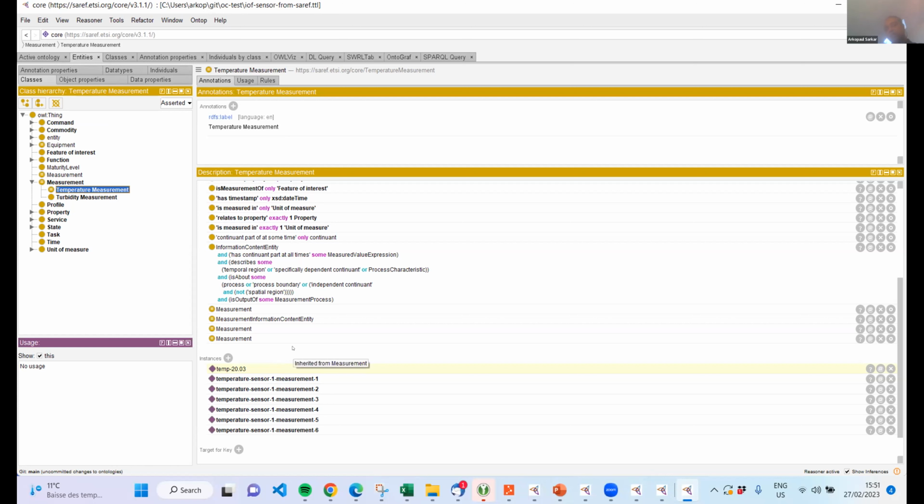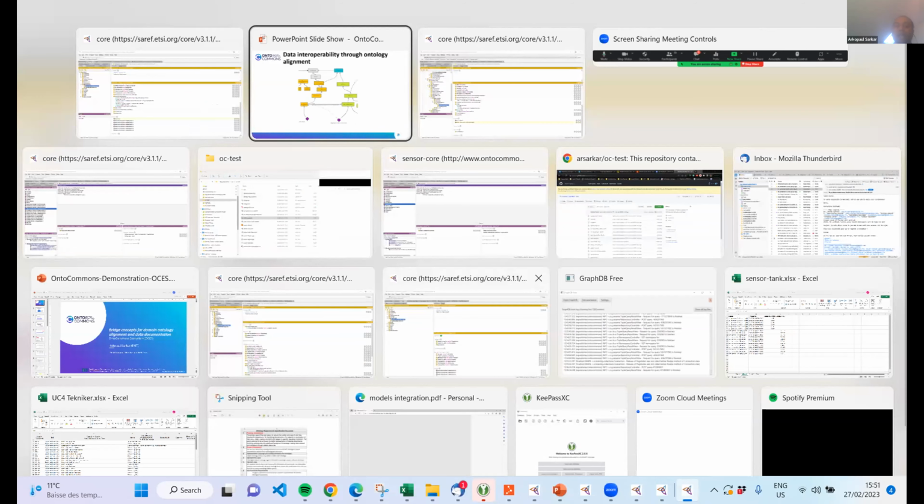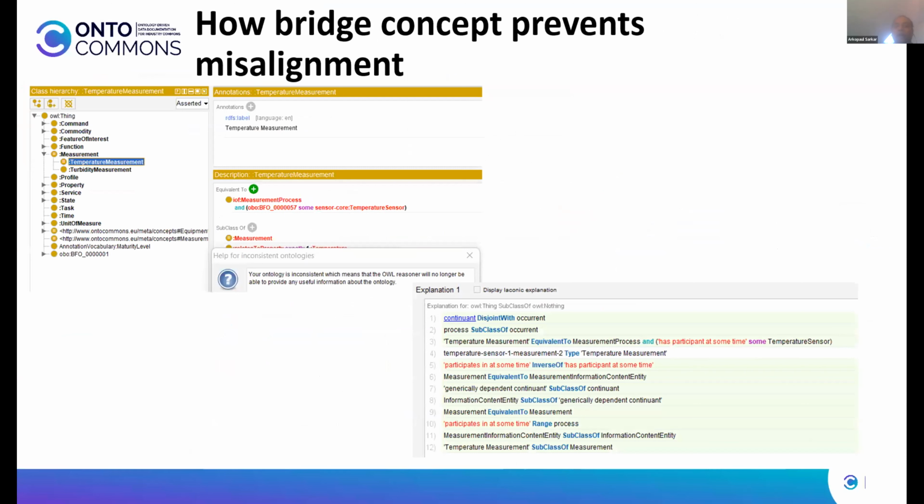Now, you will ask, okay, it looks good, but what is the use of the bridge concept here? I have to say that yes, you cannot see the bridge concept actually working, but it is working. When you run this reasoner, the mapping with the bridge concept is really a validating thing. And then I want to show with an example how the bridge concept can help you in preventing some misalignment. Say, for example,